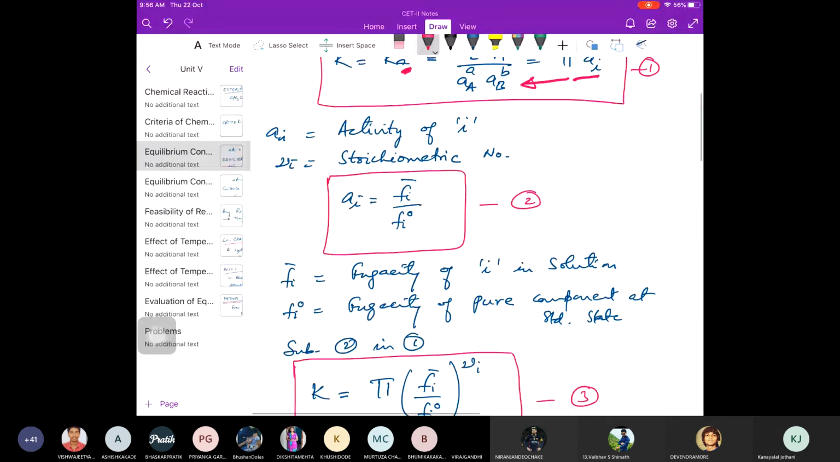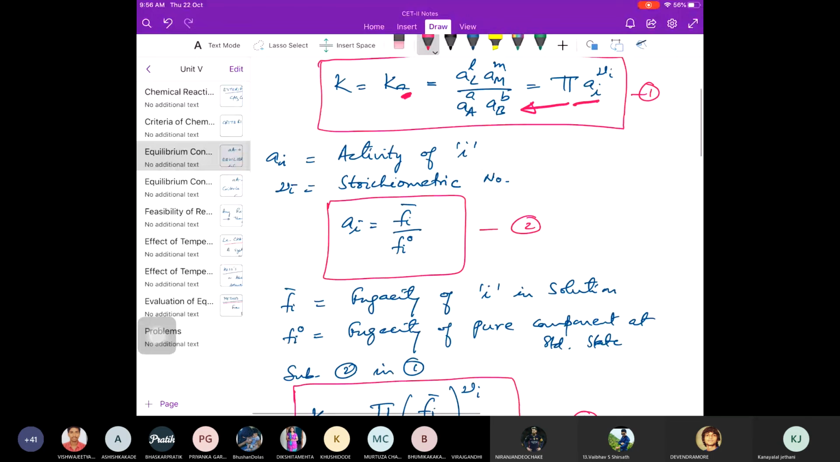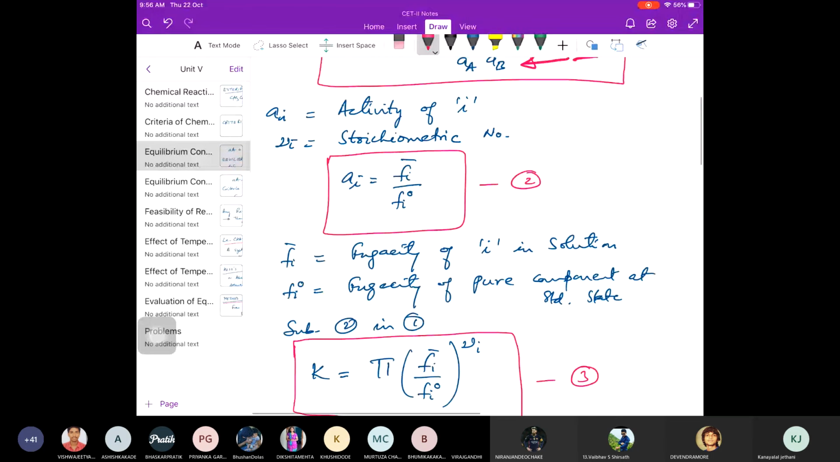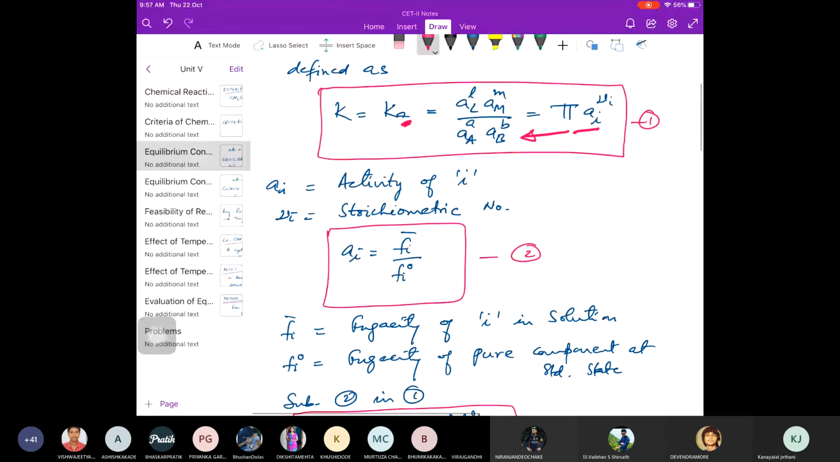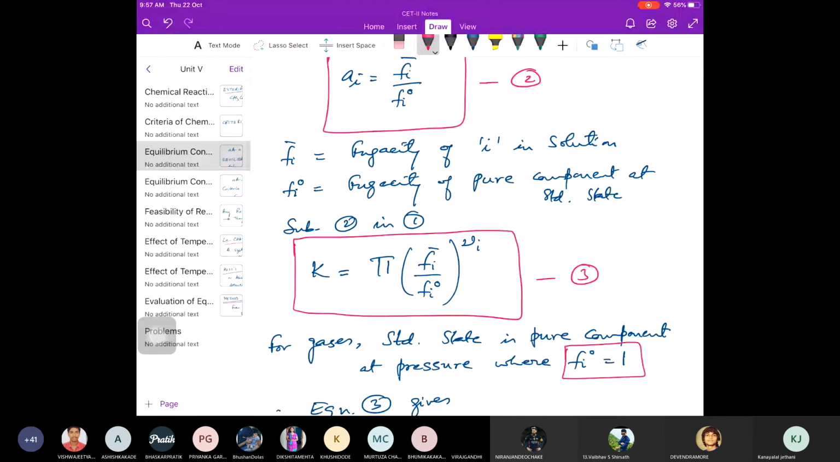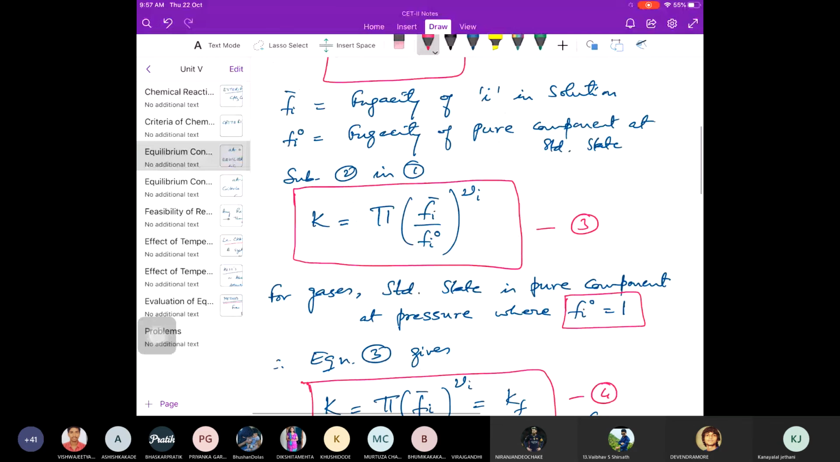So substitute 2 in 1. What you'll get is pi of f_i bar by f_i0 raised to the power of nu_i. We're just substituting for a_i here, and we'll get equation 3. This is another definition of K. So this is K in terms of activity, and this is K in terms of fugacity,